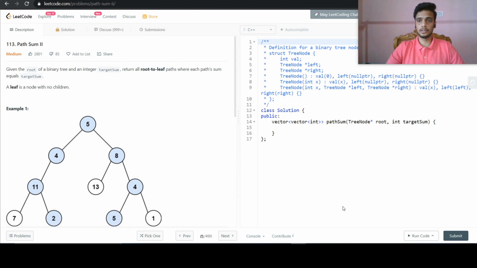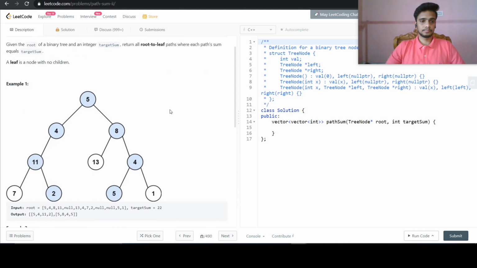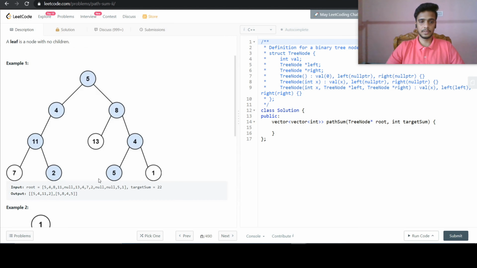And here we are on LeetCode again with another problem that is Path Sum 2. So we are given a binary tree and a target sum, and we need to find all the paths that sum up to that target. For example, we are given a binary tree here and we have a target sum of 22.